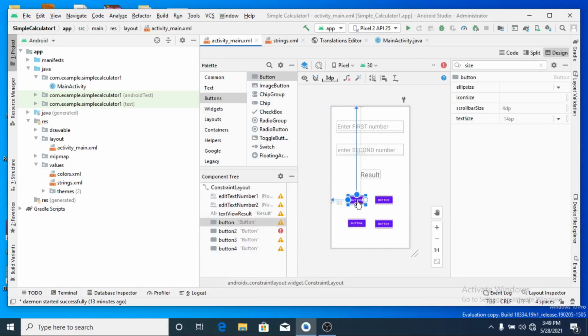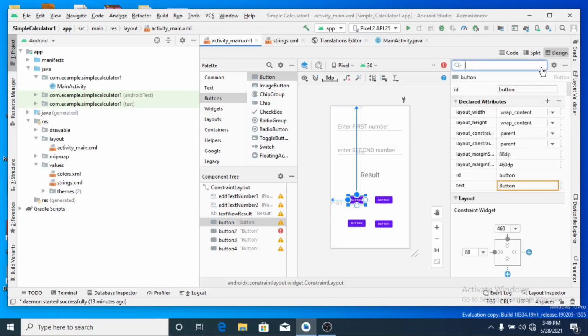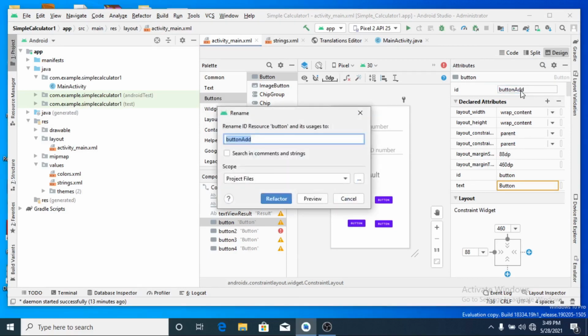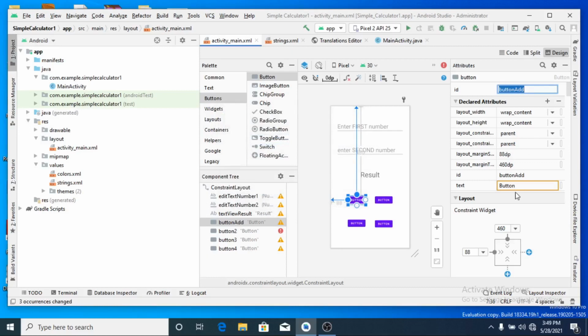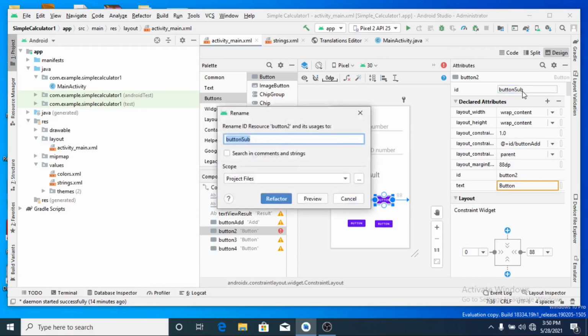Now, button 1, actually, I will give the identification button add. Right, and then text is add. Okay, similarly button 2 is the ID, I will call it as button subtract.